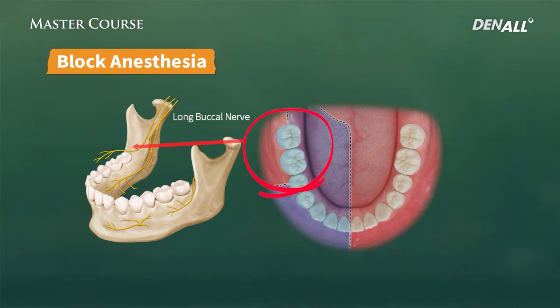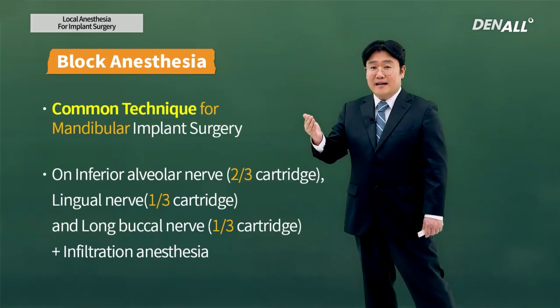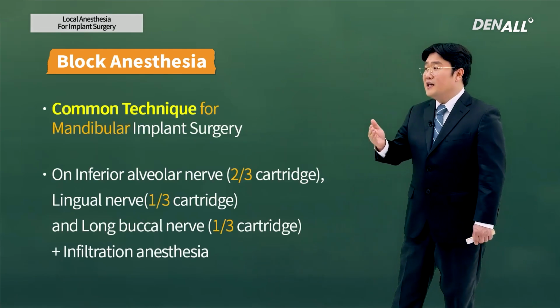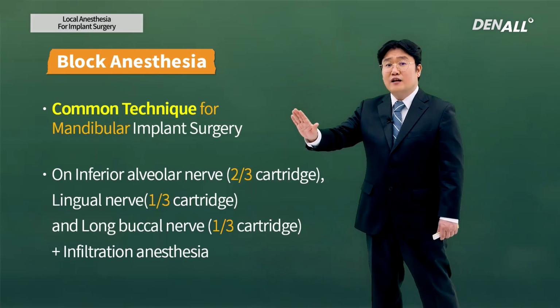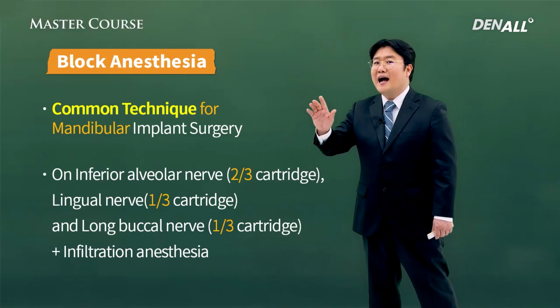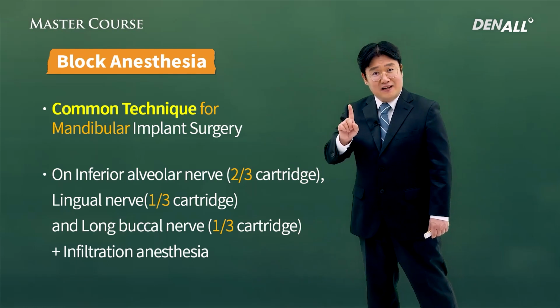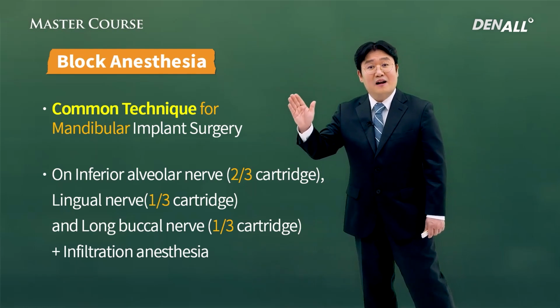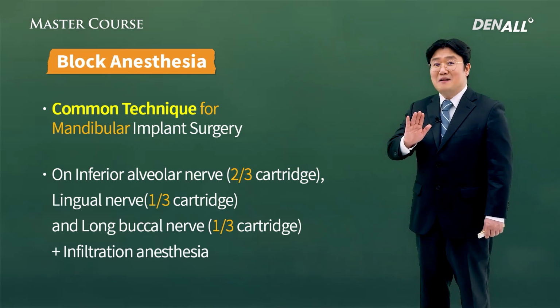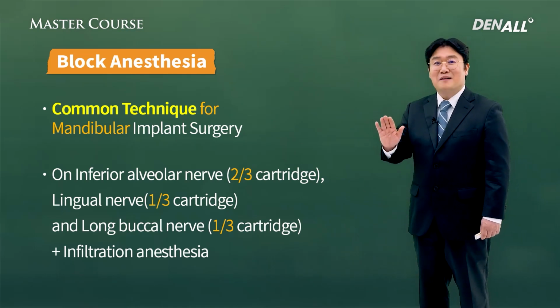The long buccal nerve blocking is not that difficult. 2/3 cartridge should be used to block the inferior alveolar nerve and lingual nerve, and the remaining 1/3 of the cartridge should be used to block the long buccal nerve. This is the most common